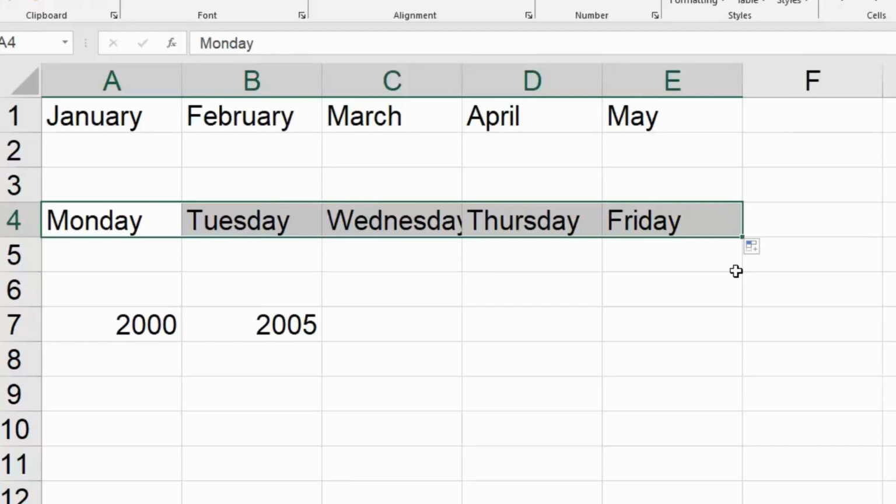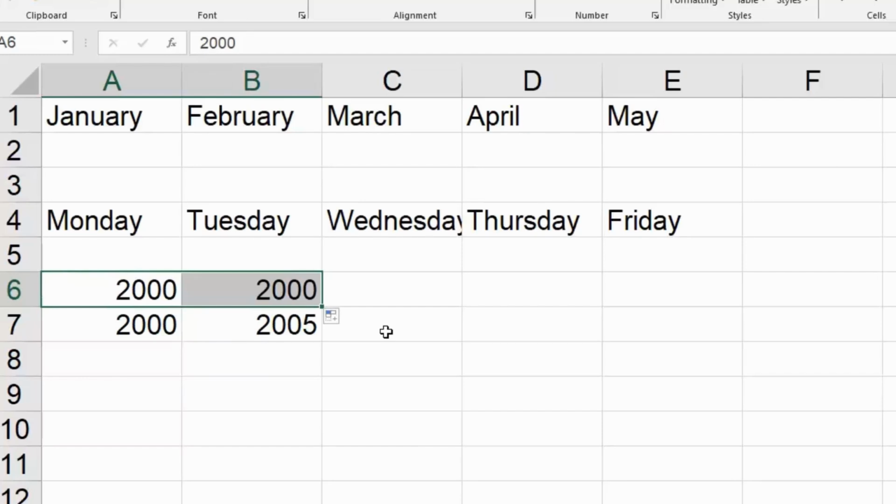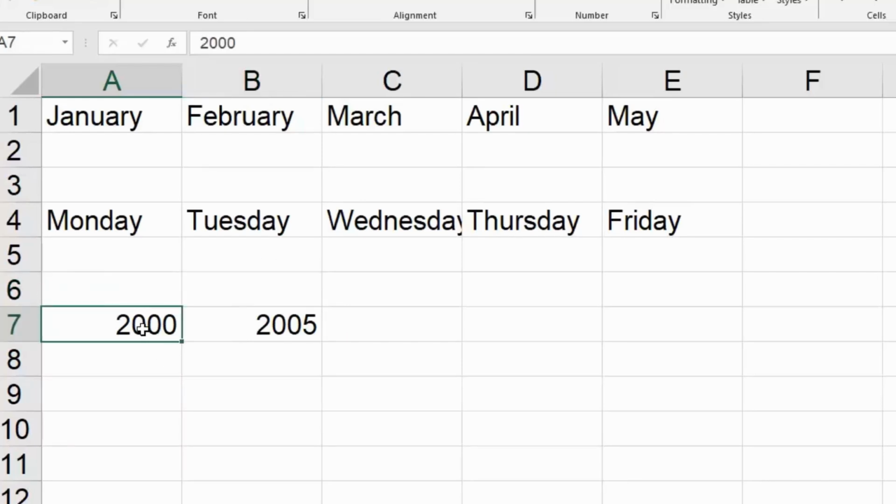All right, now here's another dilemma, and this is something you really want to see. If I just typed in the year 2000 and I was doing a census and I wanted the next one to be 2001, you can see that Excel just carries over exactly what I told it to when it comes to numbers. But in this case, I wanted to do the census every 5 years. So for example, in C7 it's going to be 2010,